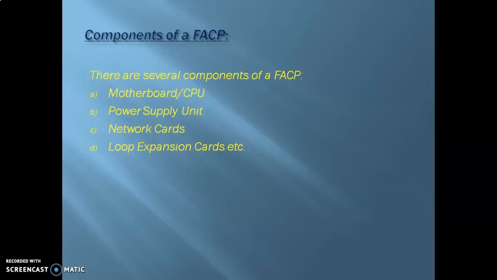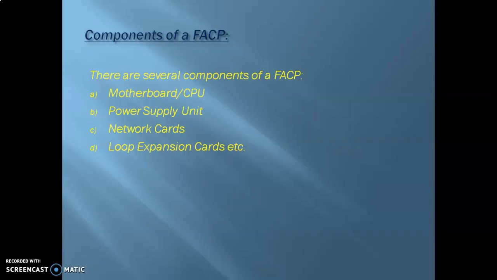After utilizing those loops, if you need to add any extra loops within that panel, let's say you have three loops already existing in the panel and you need to expand it to 4, 5, 6, etc., then you can use loop expansion cards.